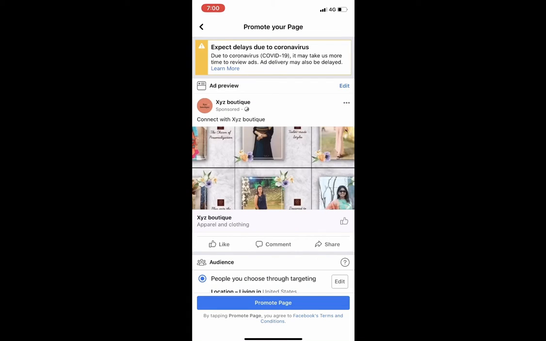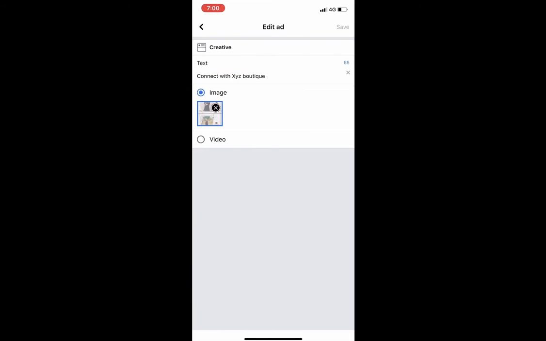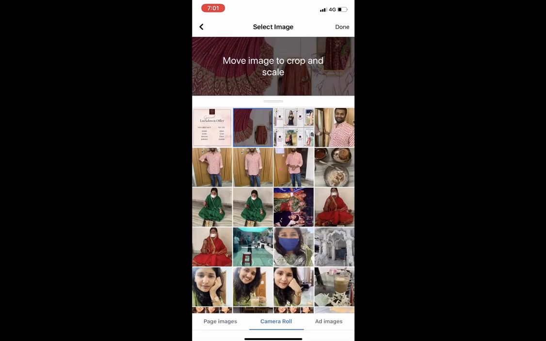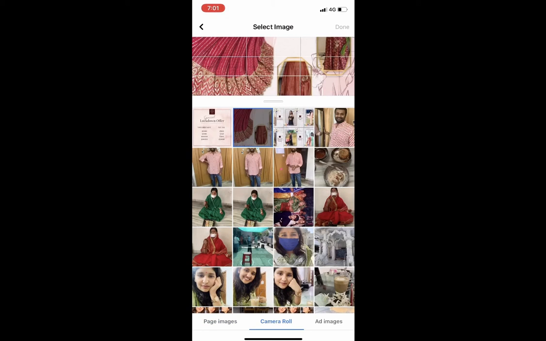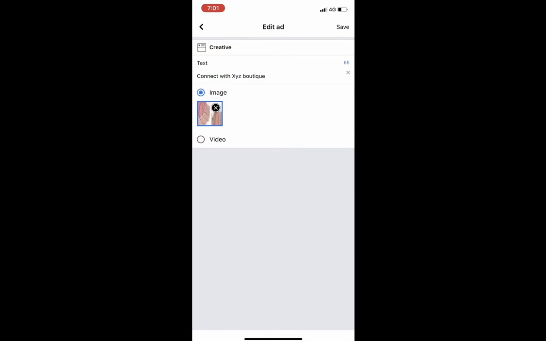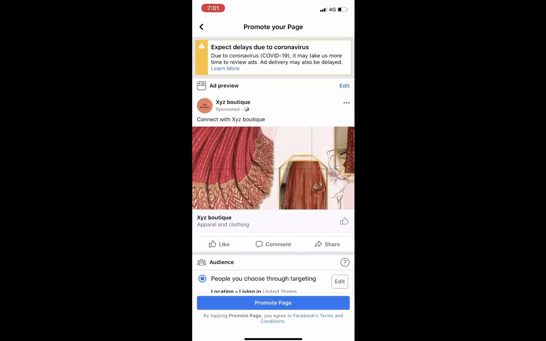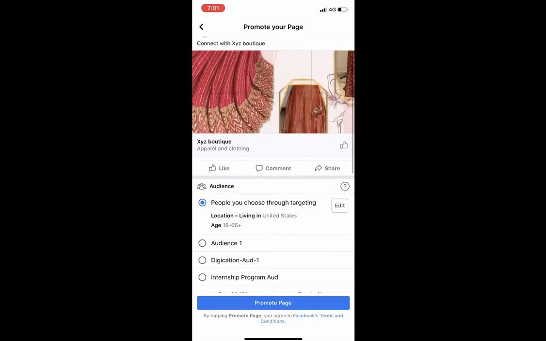So you can see your ad preview here that we are promoting some image. In case you want to change the preview how it looks, you can still go to edit and change the image here. Say for example this. So we've selected one image in which there is some lehenga pattern and you have a text here, connect with XYZ boutique. Maybe you want to change the line, you can change. Save. And automatically it will have this like button out here on the right so that people can like the page, because that's what our goal is, that more people see and more people like our page. So now we've created the ad.